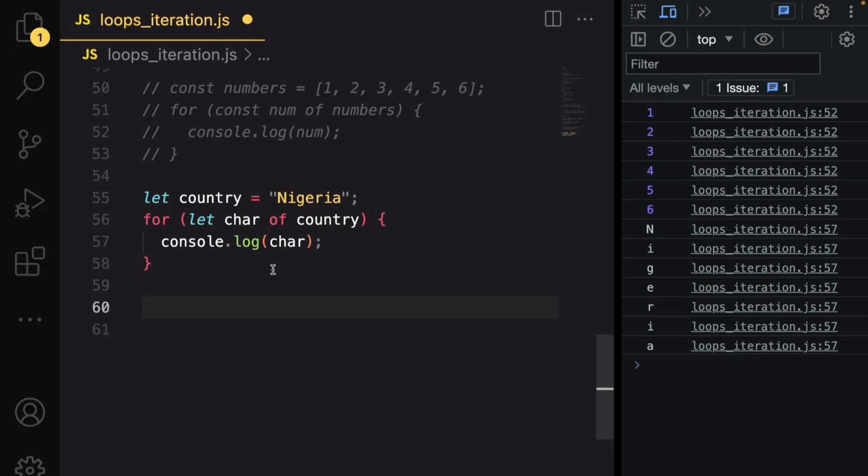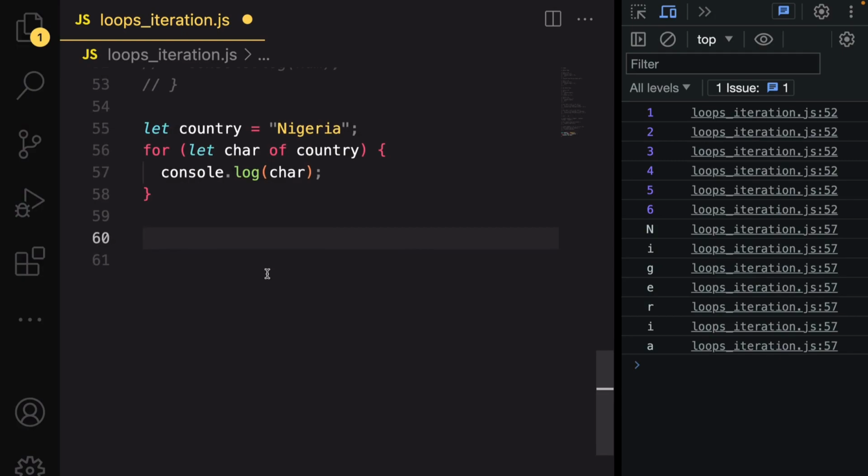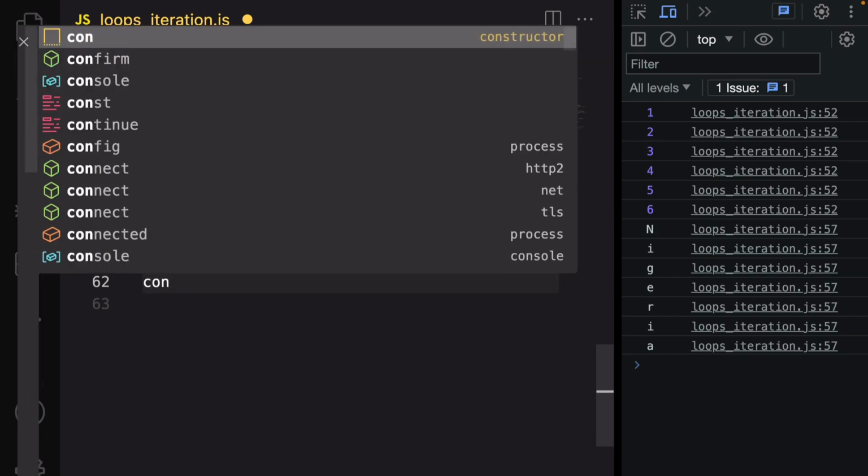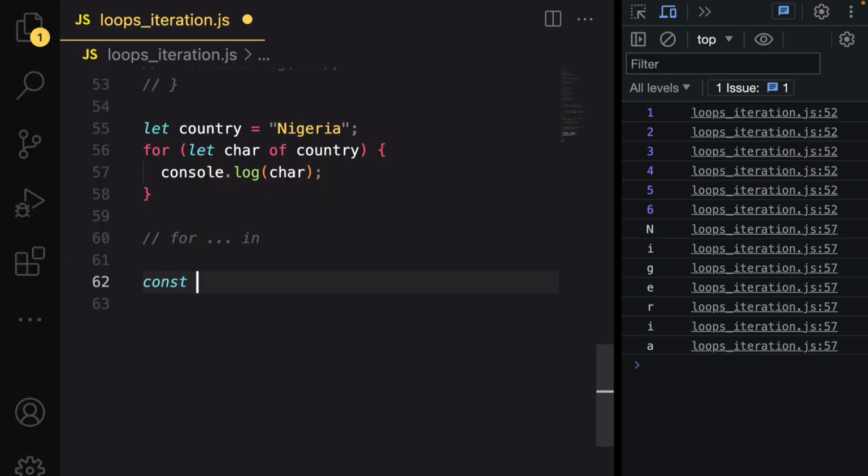So let's do the last one here that I have. I'm going to do the for in loop. So this one is simple. It's mostly used on objects. So let's say const person equals